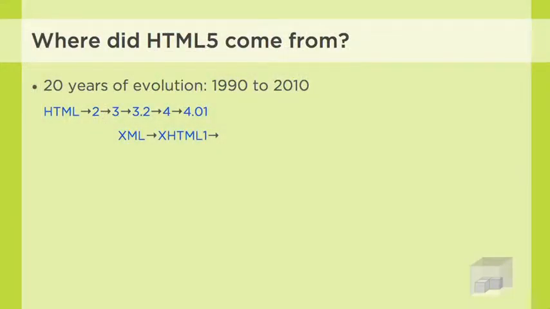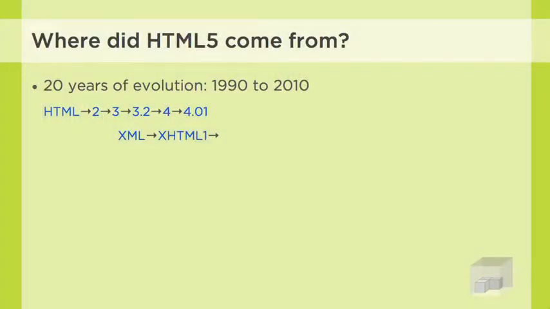Meanwhile, back at W3C, they kept evolving XHTML and decided that what really needed to happen was a modularization of XHTML into separate modules that other languages could adopt and reuse if they wanted. And that's what XHTML 1.1 is. It's pretty much just the same as 1.0, rebuilt out of these modules, and now it requires XML rather than in XHTML 1.0. It's still permitted serving it as text/html, which meant the browsers could understand it. And so this was really where XHTML started to diverge from the web, and we'll see where that